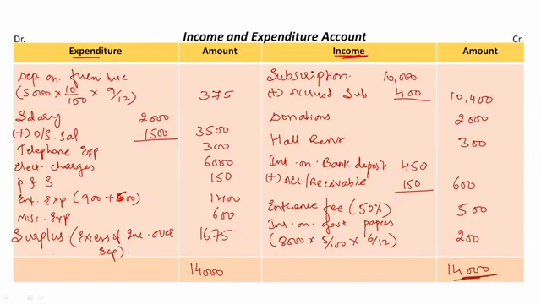This is how we prepare the income and expenditure account, along with when adjustments are given in the question. Do not worry, we will be doing more problems relating to the same topic, and we will also be doing balance sheet questions. Then we will prepare subscription account. Then we will find out the amount of sports material consumed. Everything from this chapter will be covered in the upcoming sessions.